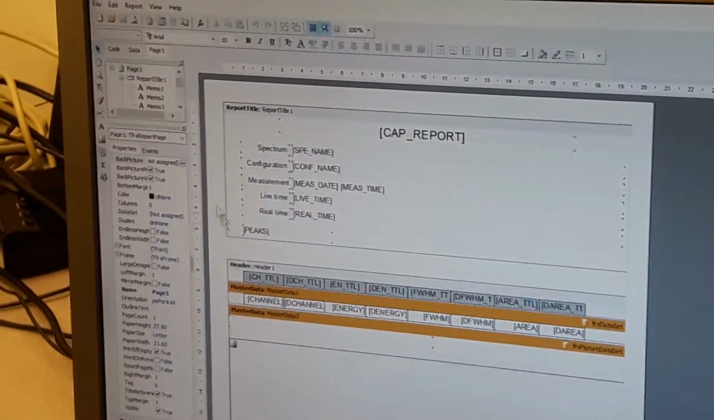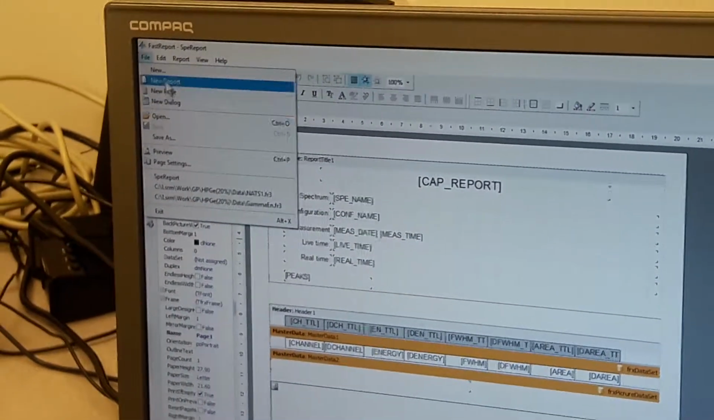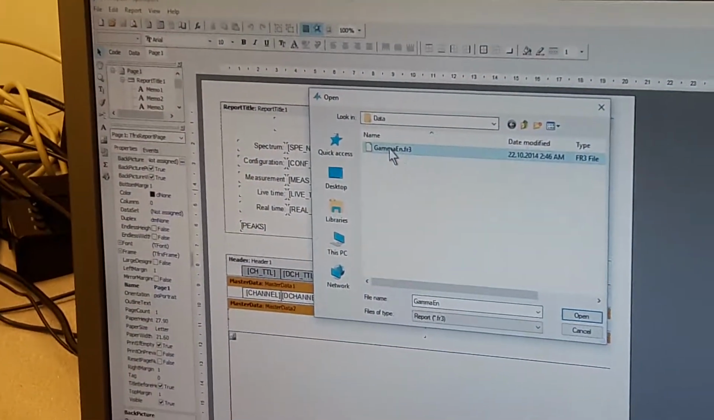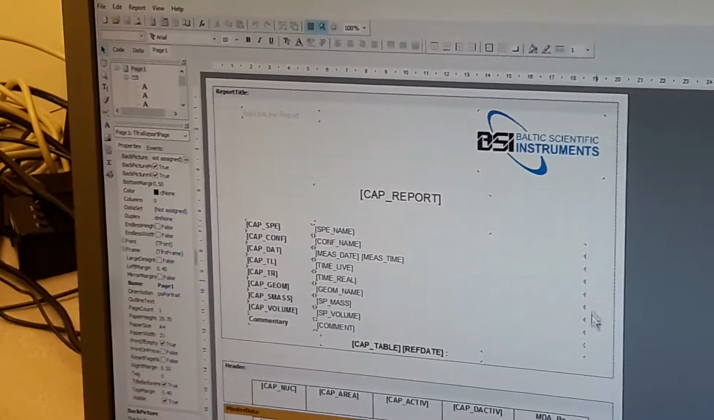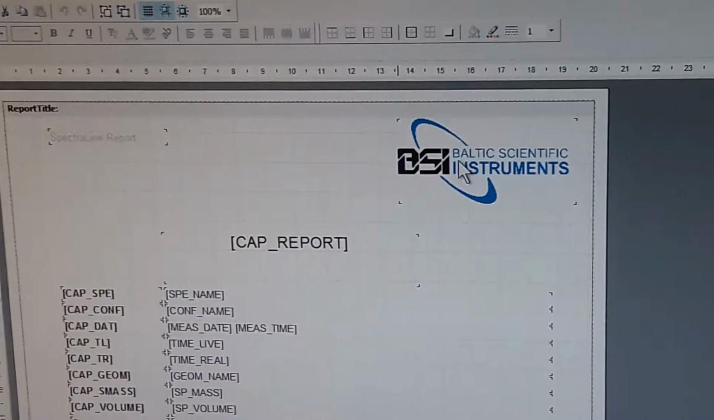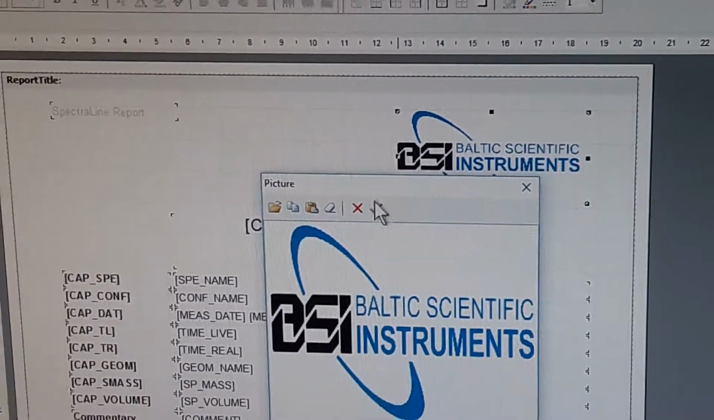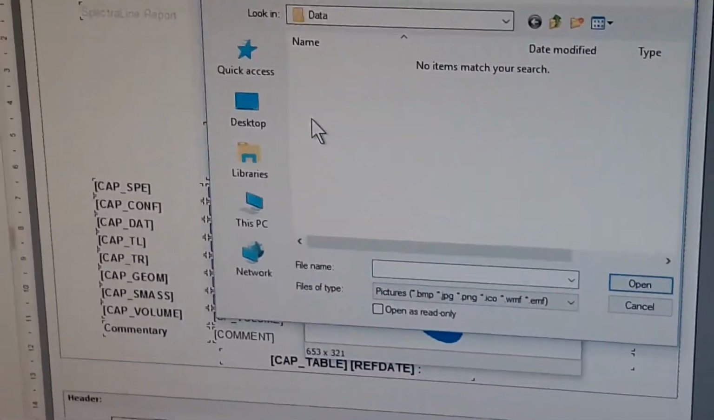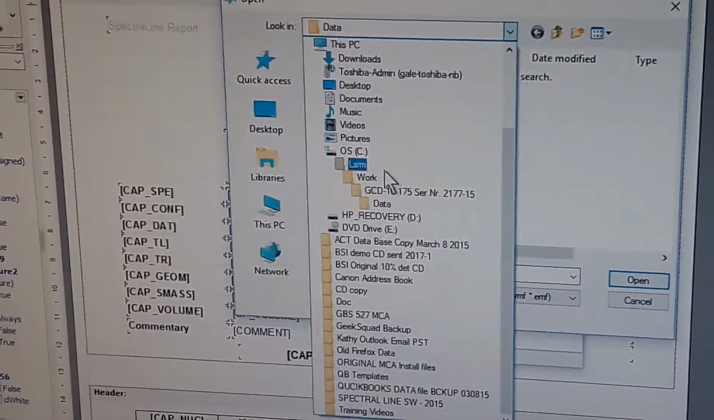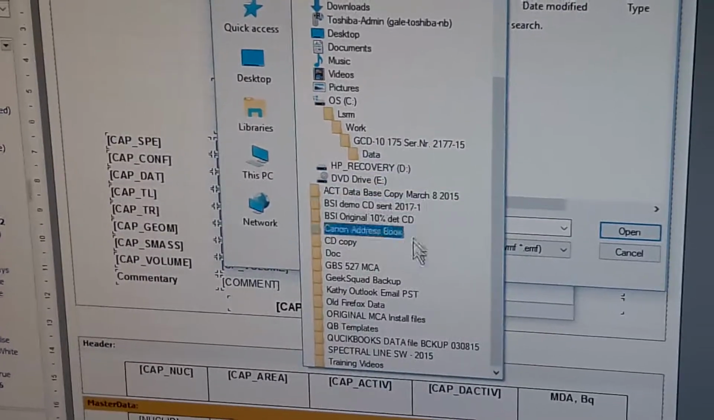To change the logo in here, I'm going to go to File and open the report file that I have used in the past, which is my gamma ENFR report. I'm going to change the logo here. I'm going to highlight the Baltic Scientific logo because this is their report. I'm going to right click and say edit, and then I will go to my folder and try to find a different file for my report file. I think what we can do right now is go into